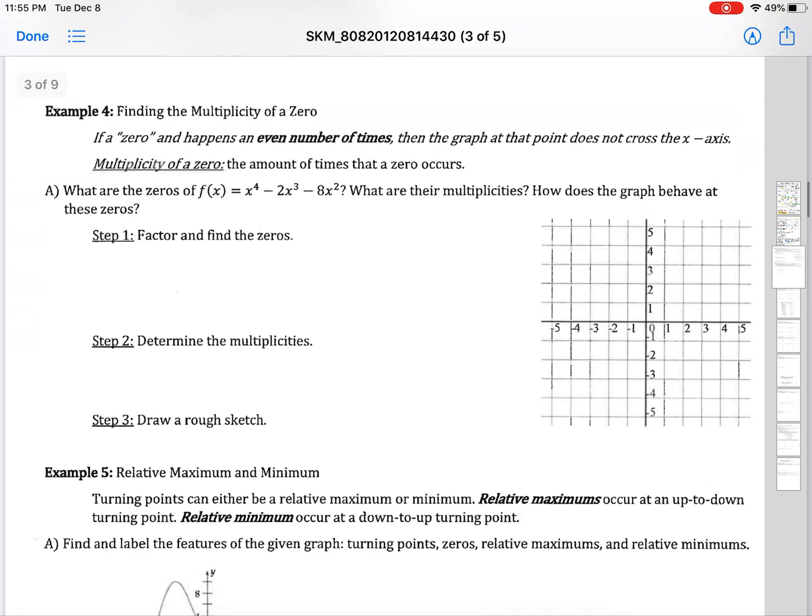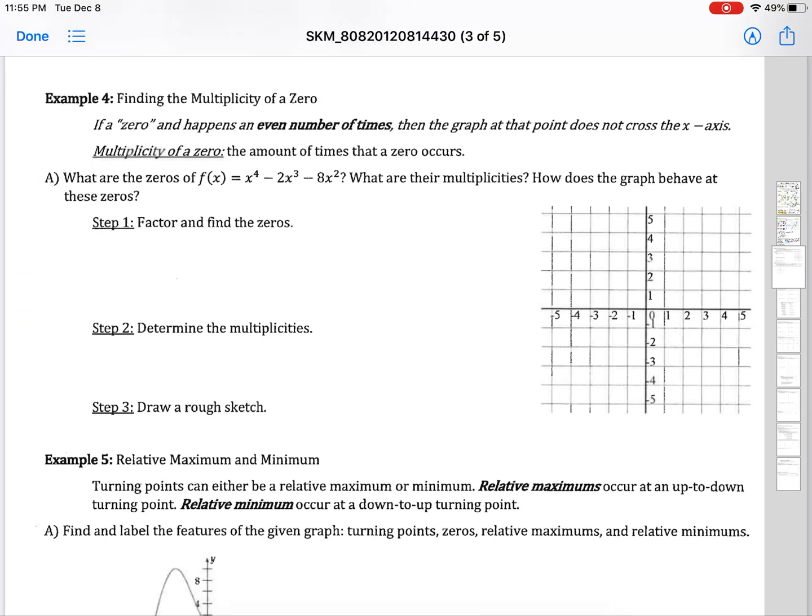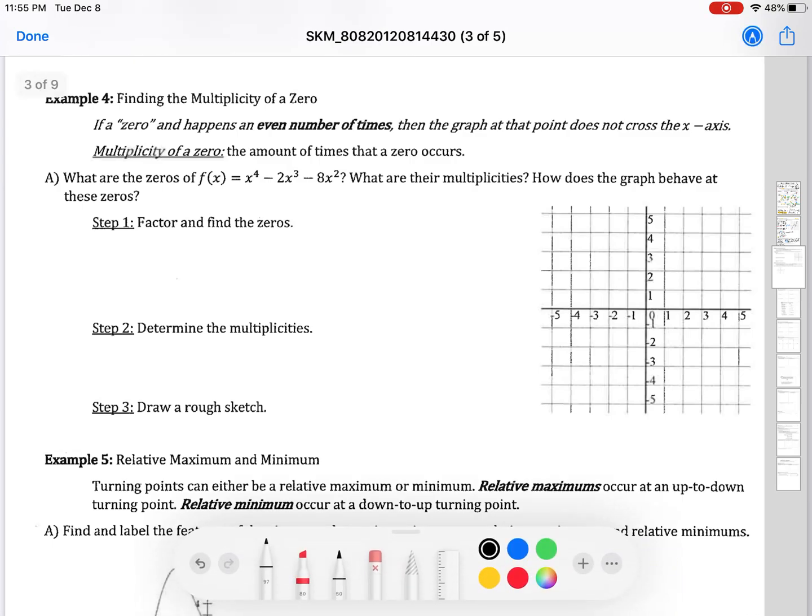All right, this next topic is a little bit more intense. Sometimes, and we've actually seen this a little bit with the x squared graphs, there's this idea called multiplicity. The multiplicity is something that really comes into play in how it shapes a graph. So notice the zero, that's in parentheses. So if an answer,